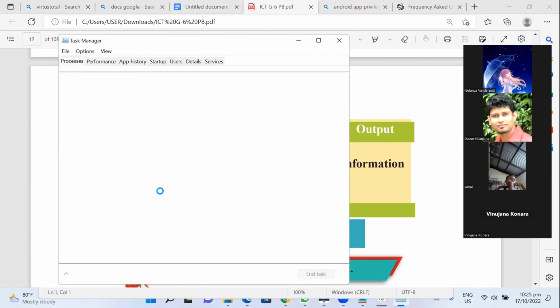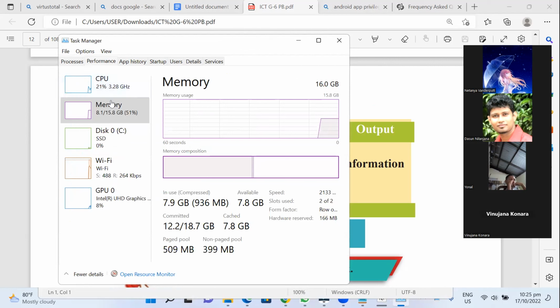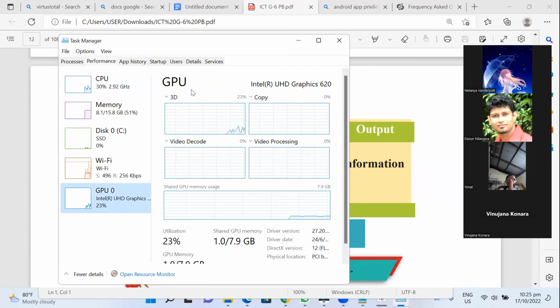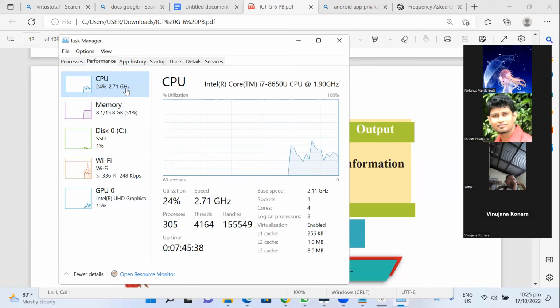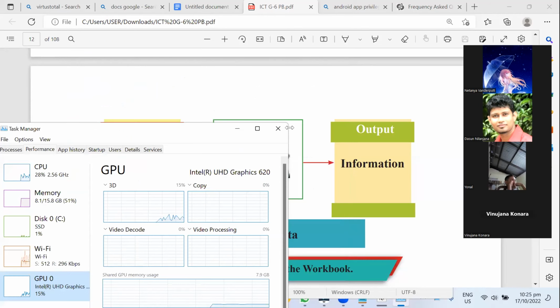Don't worry. Then you can go to Performance, and there you can see CPU, central processing unit, and GPU, graphic processing unit. These are processing units.